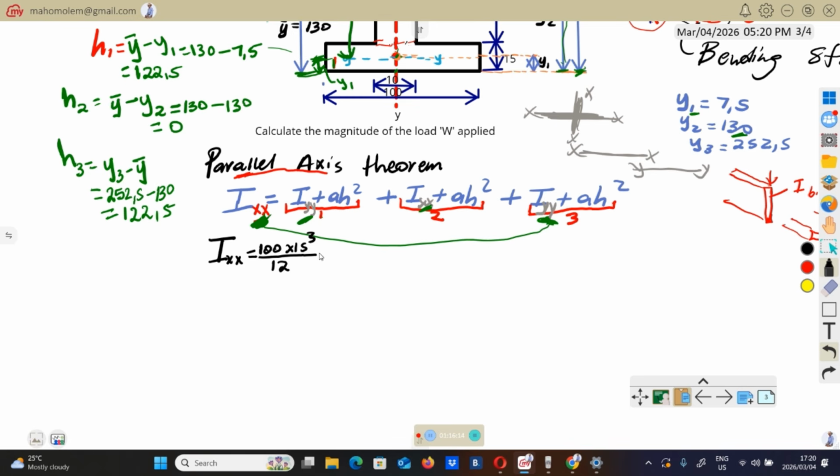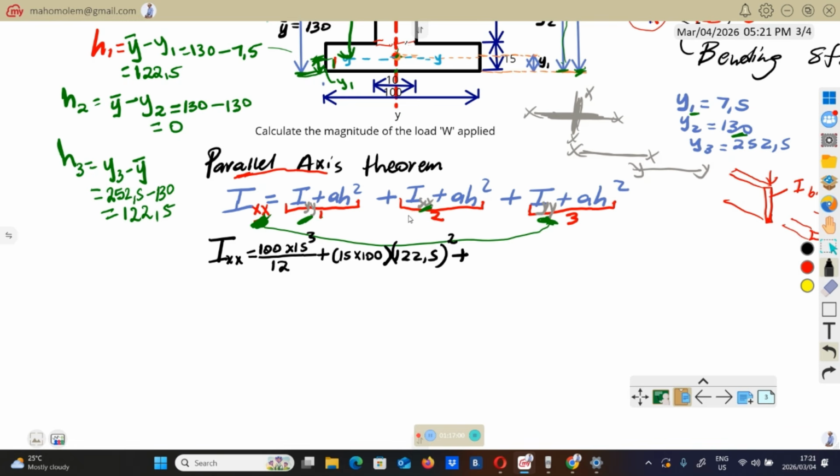That is IYY plus the area for this box. It's 15 multiplied by 100, times H squared. H1 squared. H1 we said is 7.5. No, it's 122.5. Sorry. Plus